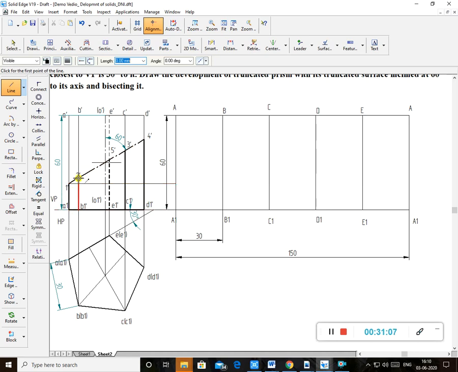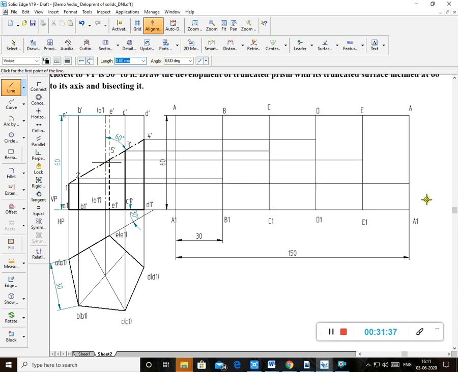Now I'll project the same way. I'll project this 2 onto B1. Where is 3? It is on CC1, I'll transfer it. Where is 4? Here again D1 is true, and the 4 height is also true, so DD1. Whereas 5, even though it is on the backside, E dash E1 dash is a true height. That means the 5 marked is also having true dimensions. 5 is coming on E1. Lastly, A1 again, I have to project this one up to here. So how many cut points do you get?